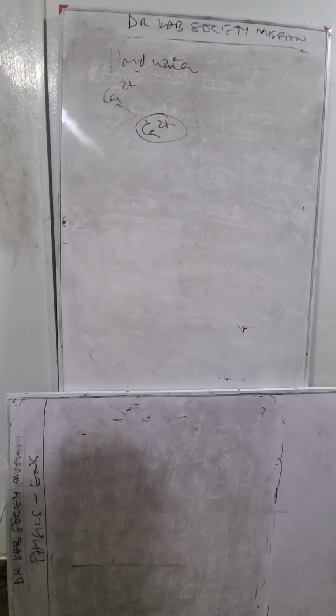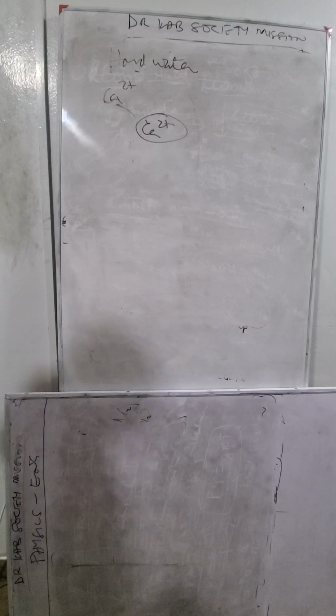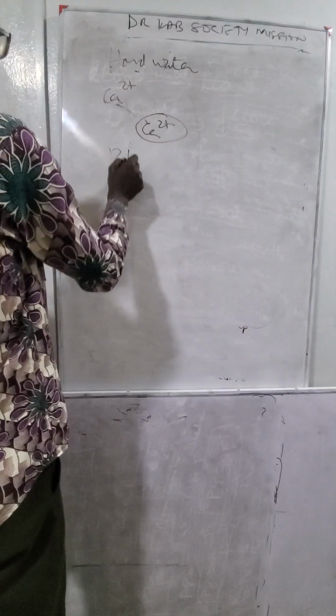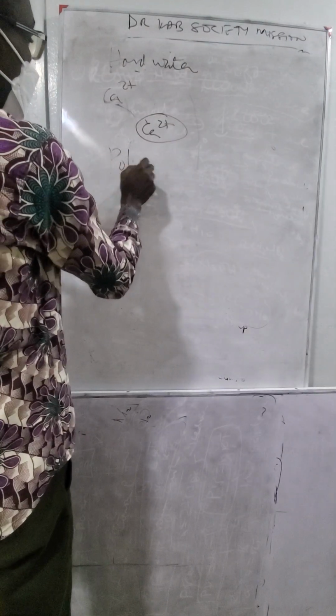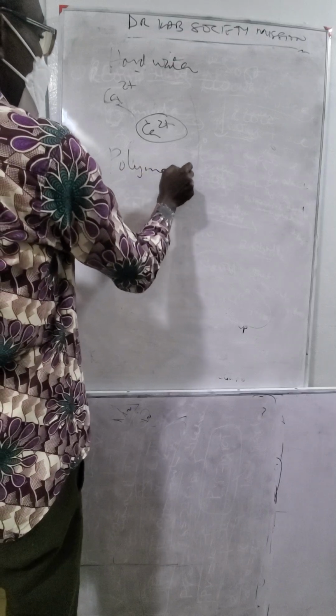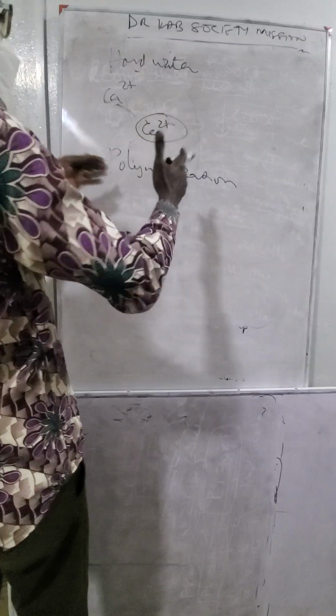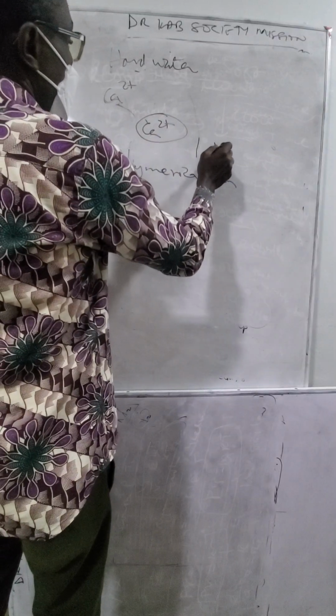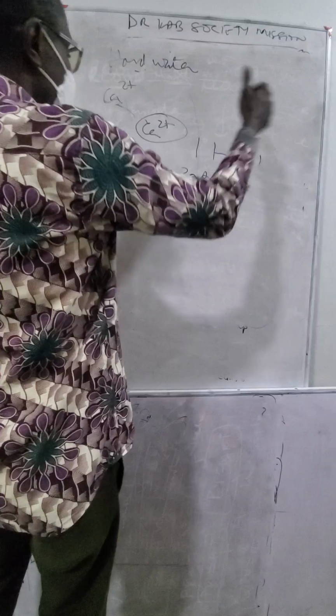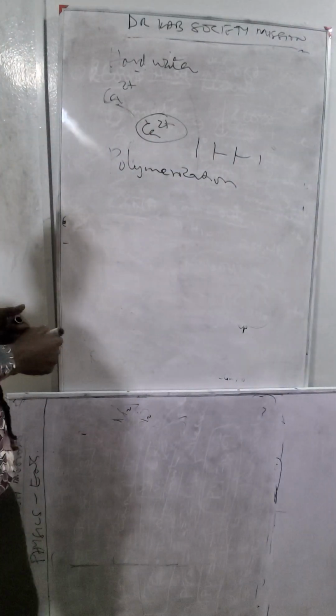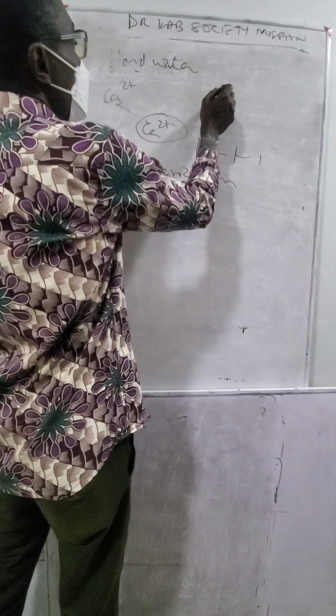Now let's look at another part. We are going to look at what we call polymerization. Polymer. So polymerization simply means adding units together. Let's say I have this unit, I add another unit, add another, then I'm adding, that is polymerization. So you can have